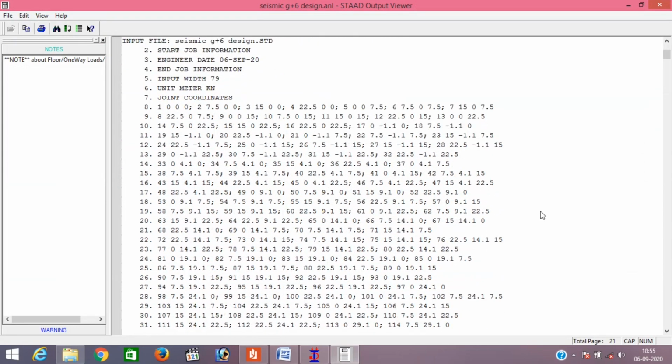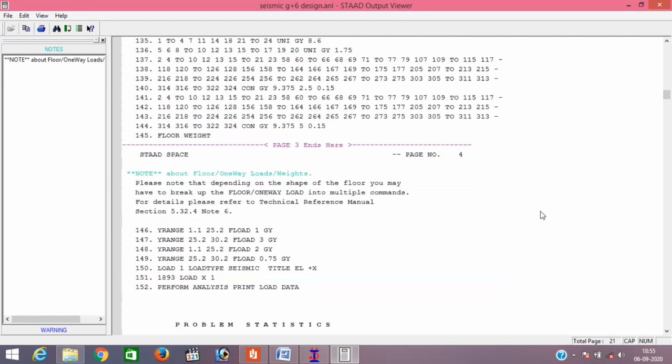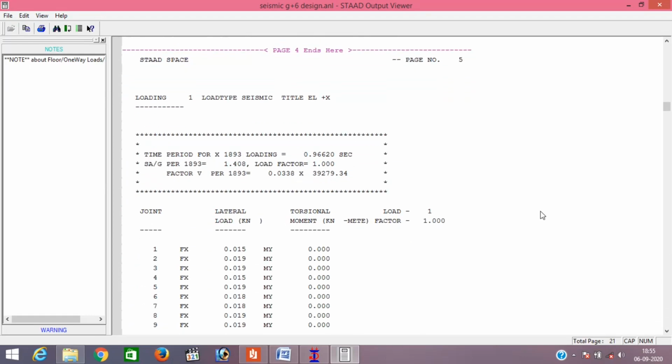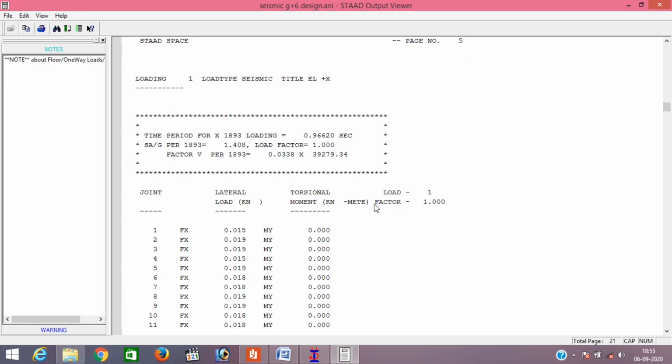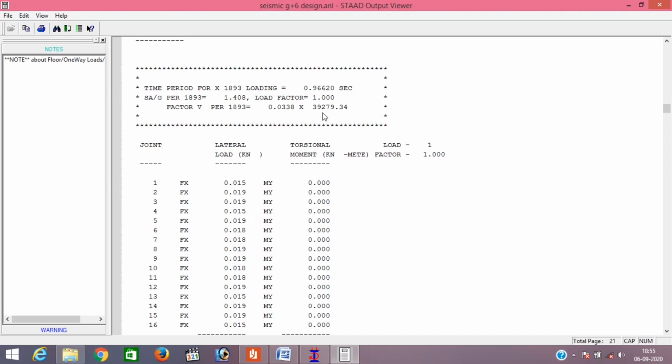Done. In the output file, whatever we provide here, it will show here, like deflection, bending moment, load and its definition. So here you can see we provided data for earthquake load in the X direction. Here it will perform its analysis and design and give its data.